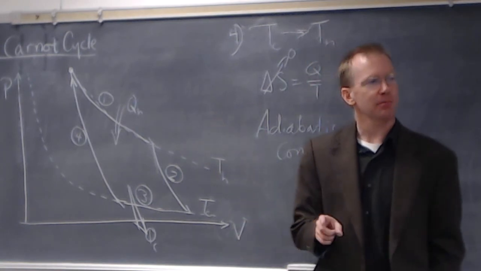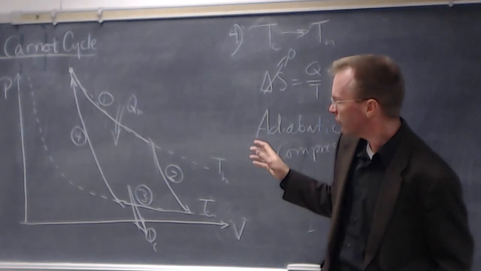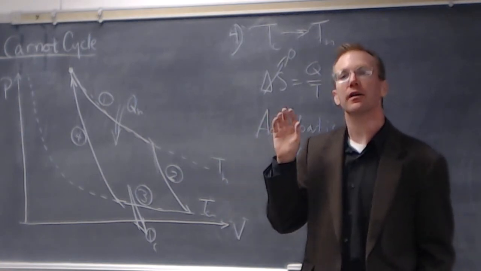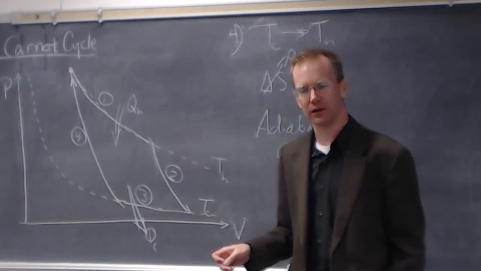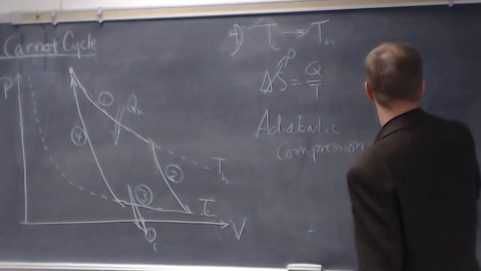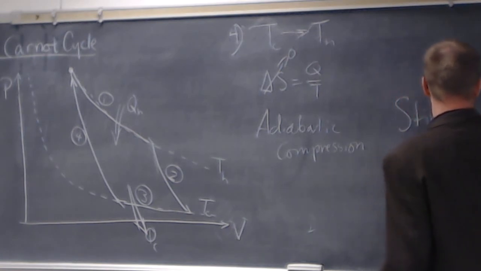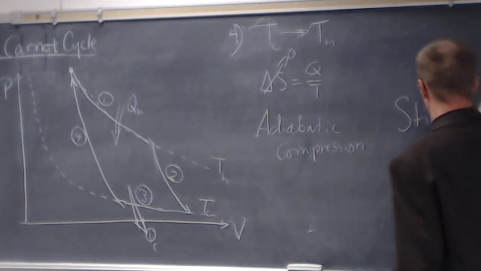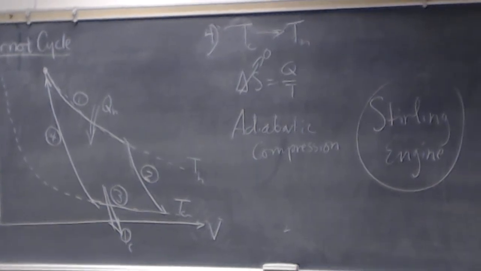Okay. Let me show you an example of a kind of engine which has an efficiency which, in some analyses I've read, is theoretically equivalent to a Carnot engine under idealized conditions. That's called the Stirling engine. I won't be analyzing it here. We can get onto it later on in the chapter. But it's a really neat engine. It is high efficiency, low power, but it's useful in a lot of ways because,